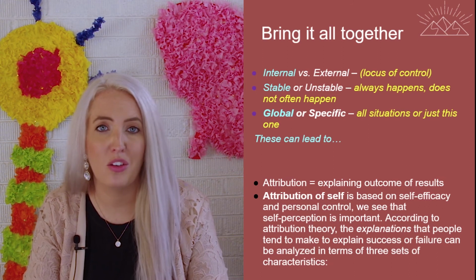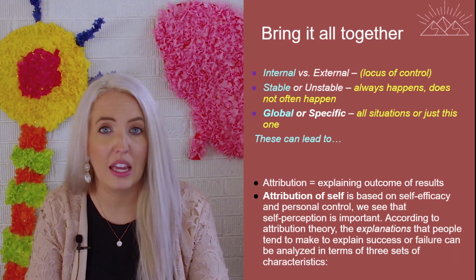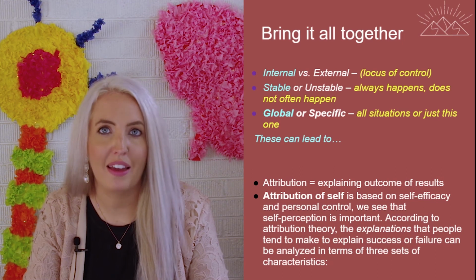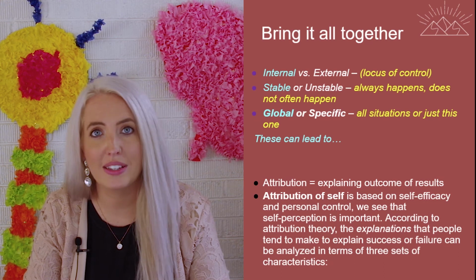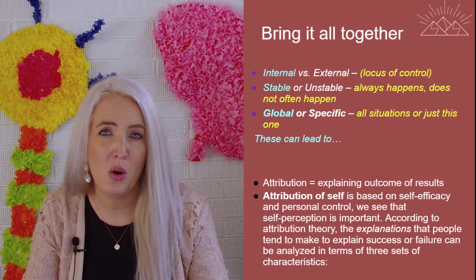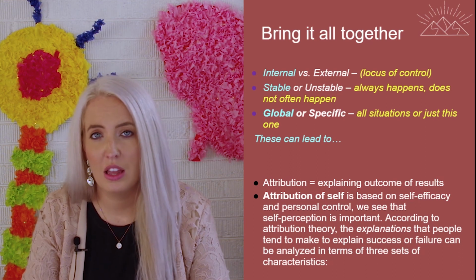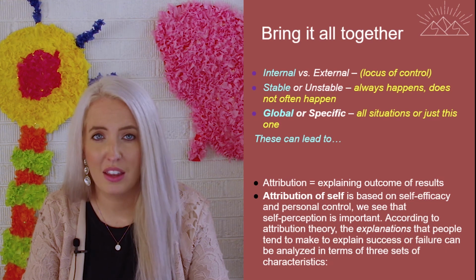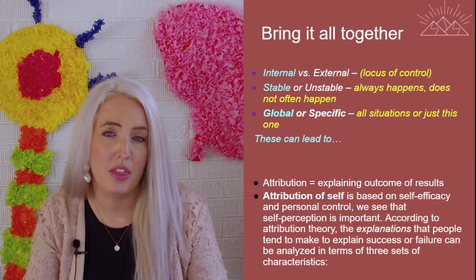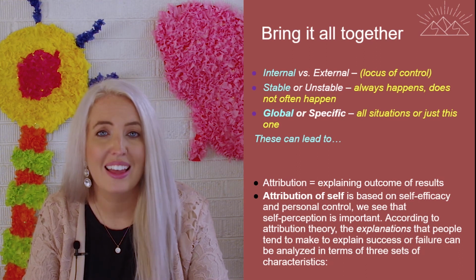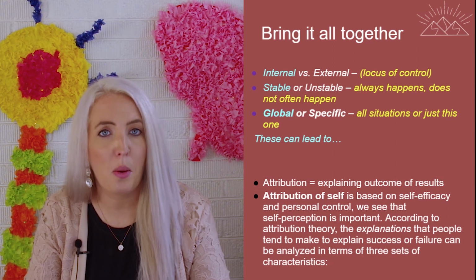So for example, if we fail at something, how we explain that and how it affects the way that we think and act. So if we're looking at something like failing, the question is, where do we place the blame? Is it internal or is it external? Is it stable or is it unstable? Meaning, does this always happen to us or is this very rare? Is it global or is it specific? Does it only happen in this specific instance, or does this happen to us all the time and in many different scenarios? The way that we answer those three questions can lead to us having either an optimistic or pessimistic